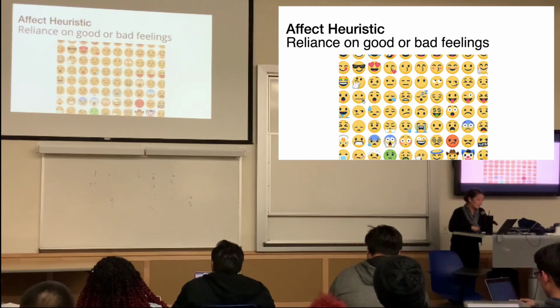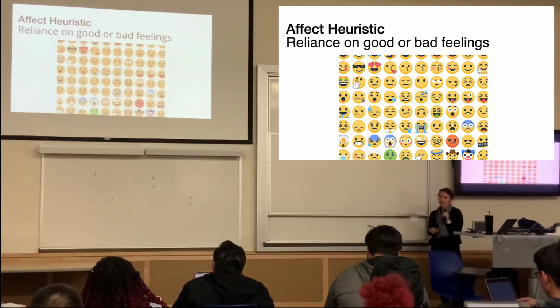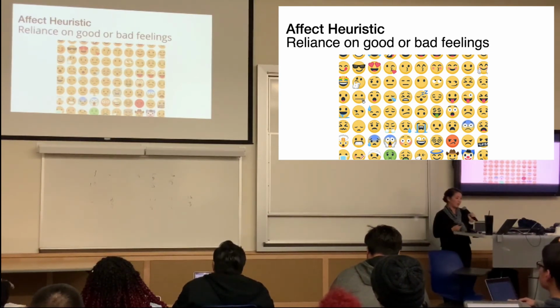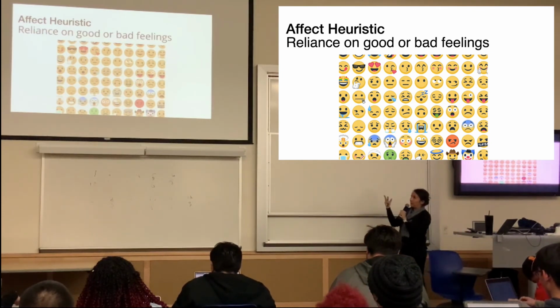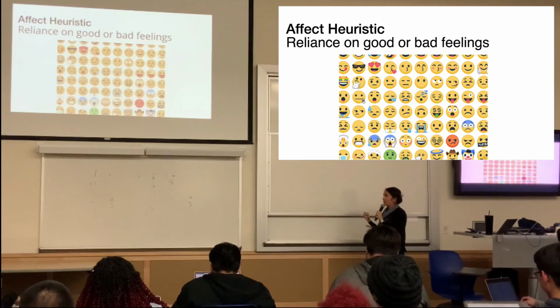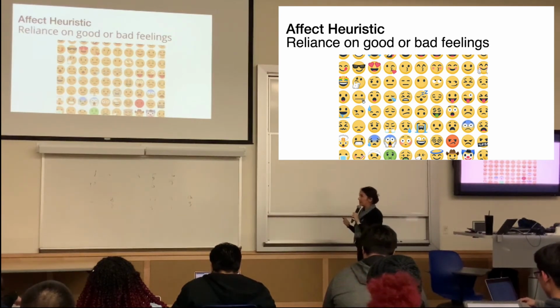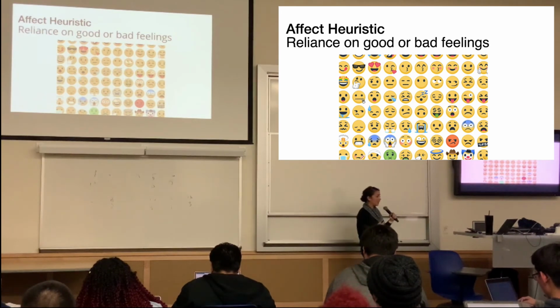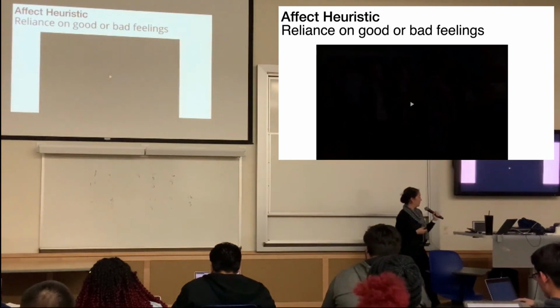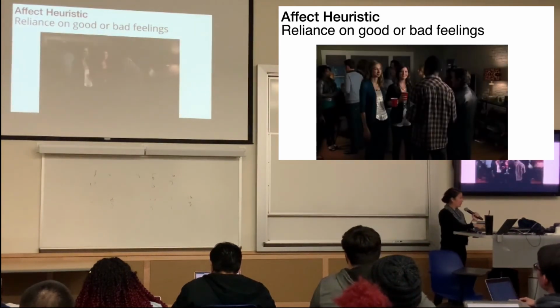This is called the mood heuristic, or an affect heuristic for happiness, which is the reliance on good or bad feelings to make assessments about information. The issue with these affect heuristics, or our reliance on these good or bad feelings, is that our emotional state is easily manipulated or easily changed. For example,